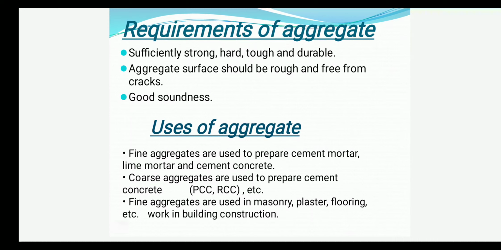If I want to discuss the properties of the coarse aggregate, then the coarse aggregate should be clean, dense and cubical in shape. It should not contain any organic or other admixtures. It should be sharp, coarse and angular to have good interlocking properties. It should be tough to withstand the impact load. Impact loads are the sudden loads. And it should have a specific gravity of more than 2.7.